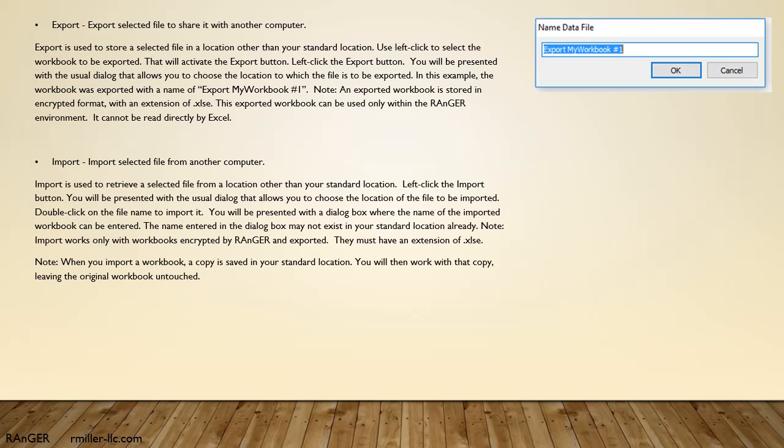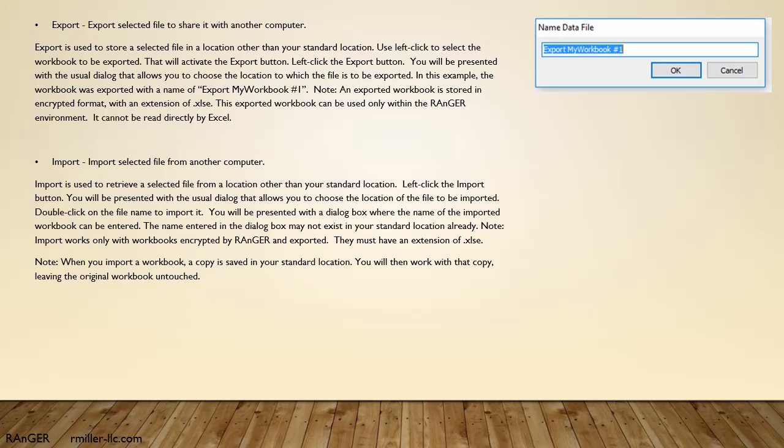Import: import selected file from another computer. Import is used to retrieve a selected file from a location other than your standard location. Left-click the Import button. You will be presented with the usual dialog that allows you to choose the location of the file to be imported. Double-click on the file name to import it. You will be presented with a dialog box where the name of the imported workbook can be entered.